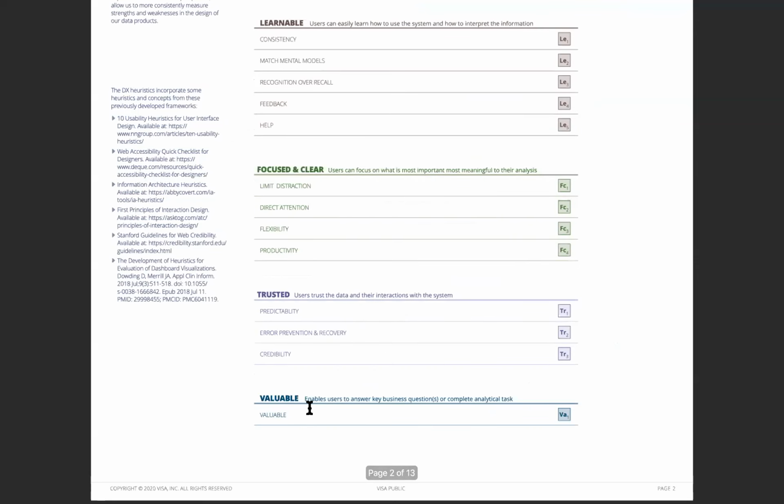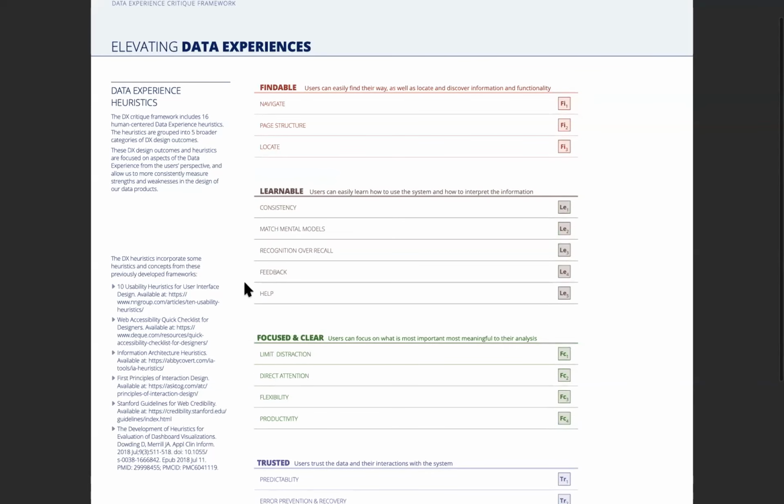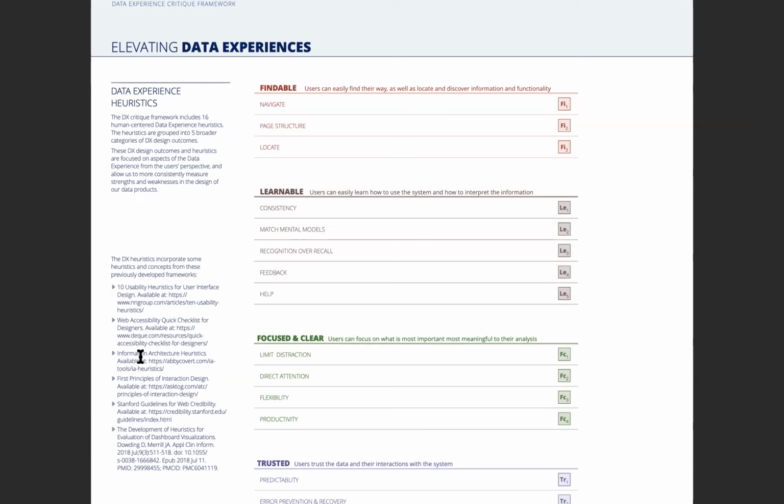And so then the next component is the heuristics. A lot of these, we were very inspired by and based on the usability heuristics that are already out there. Some of the sources we used are listed over here. But basically they are more focused on the experience from the user's perspective.